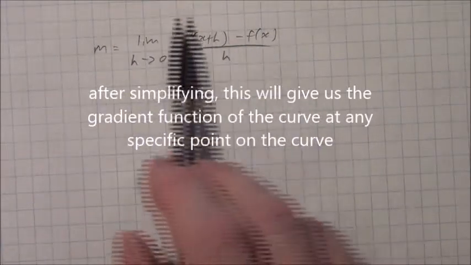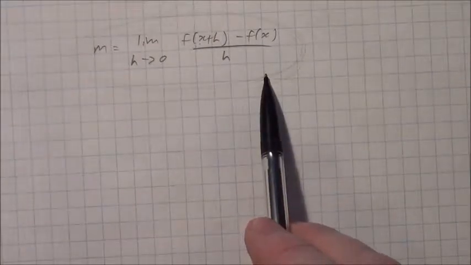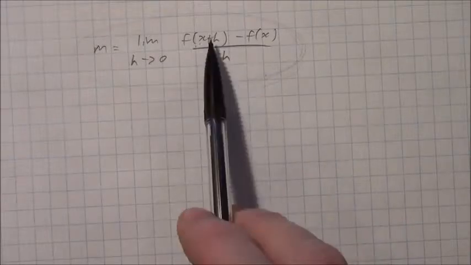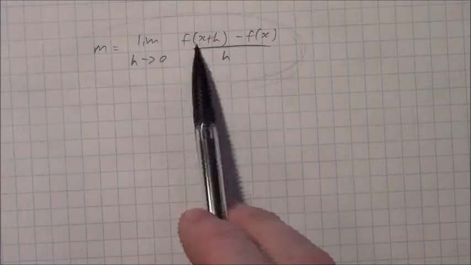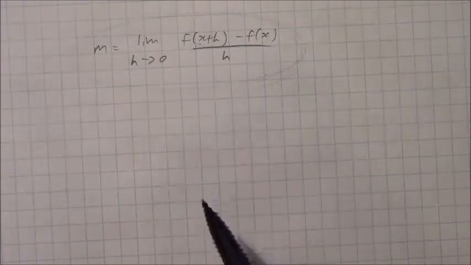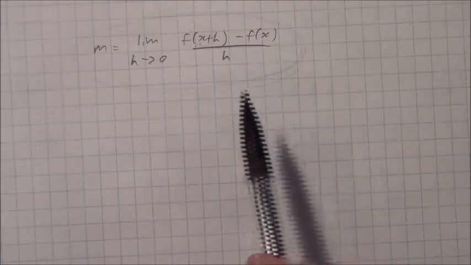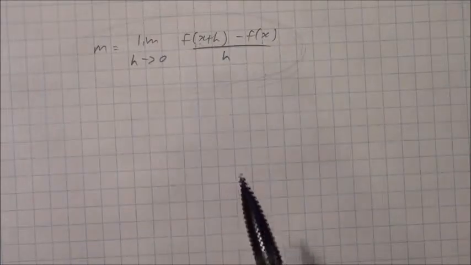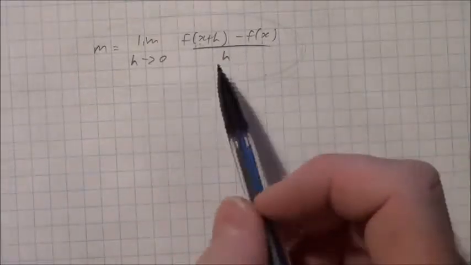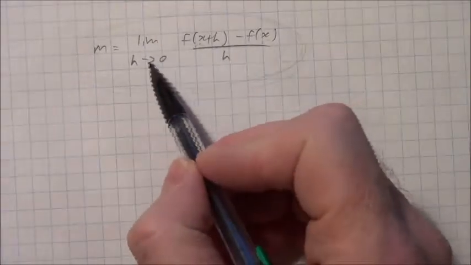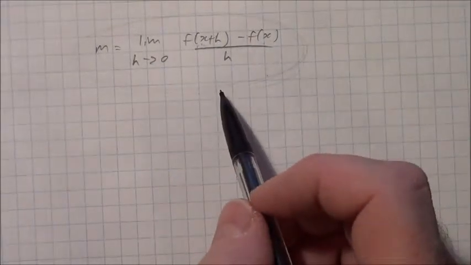Which means that using this formula, we can find the gradient of a tangent to the curve at any point on the curve. We would just have to substitute in a specific value of x when it was convenient for us. Okay, so that's the gradient of a curve. It's the gradient of the tangent to the curve, which ends up being the gradient of the curve at that